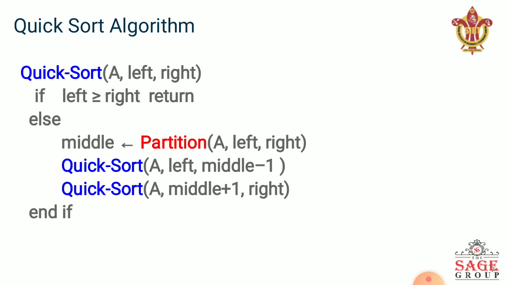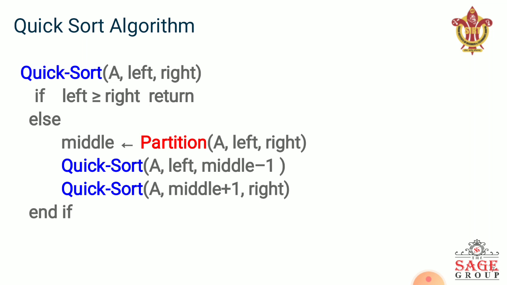If the number of elements in the list is larger, then we have to find our middle position. It's not the exact middle position, but it can divide the list into two subparts, a left subpart and a right subpart, based on the pivot value. So the position of the pivot, somewhere in the middle, is calculated with the help of the partition algorithm.